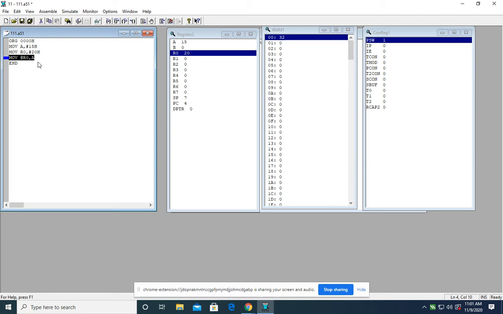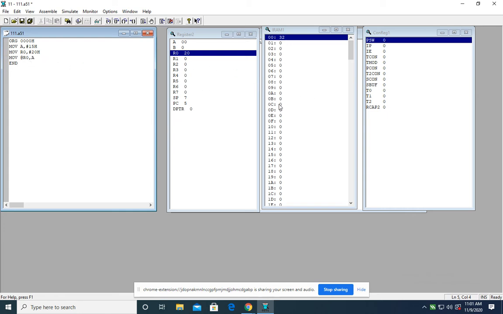So here the content of accumulator will be transferred to the memory location which is pointed out by R0 register. So here destination is the 20H, source is the accumulator, and data is 15H. Okay, so here I will go for that instruction. Okay, you can see data is transferred.